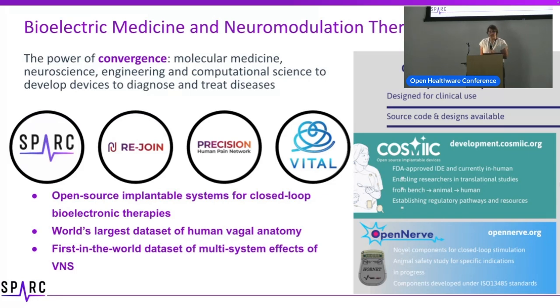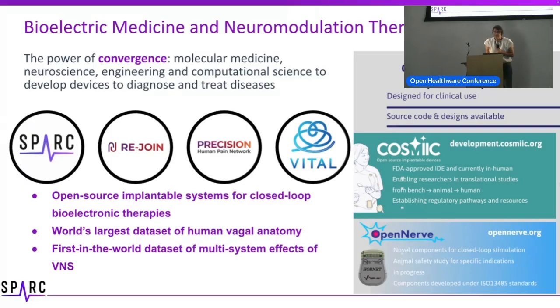And so the largest data set of human vagal anatomy is being conducted right now. And the insights that are coming from it are so critical for individual device design. So for cuff design, for example, how these fascicles inside the nerve twist like spaghetti. And that has a big impact on how you design your cuff to sit alongside that nerve in order to stimulate what you want and not what you don't want. So you want to make sure you put the stimulation device in the right location so that you get on-target effects with minimal off-target effects.